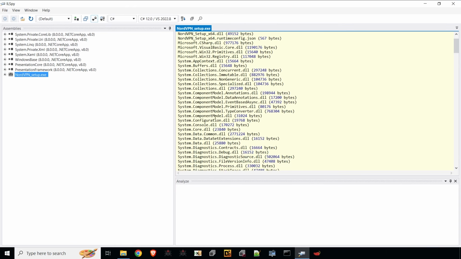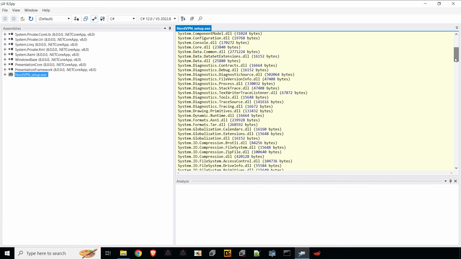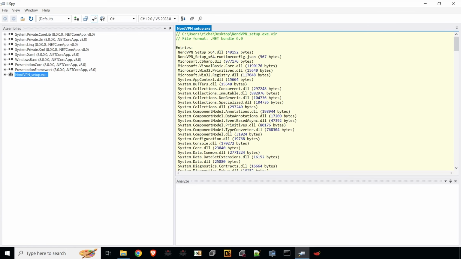And now you can see here all of the entries, right? These are a lot of entries. The first one right above here says NordVPN setup and runtime config JSON. So this is the one that's interesting. We want to check this,